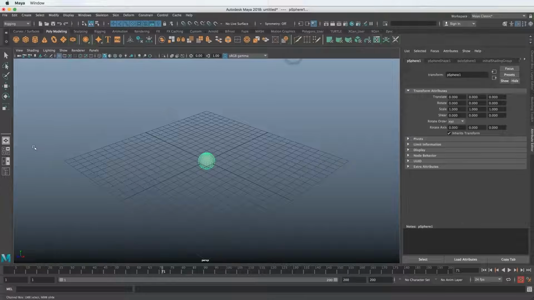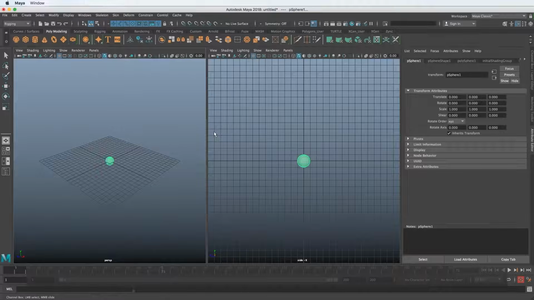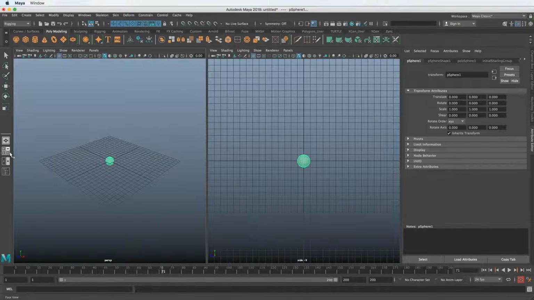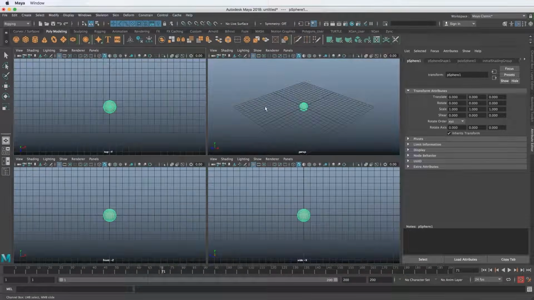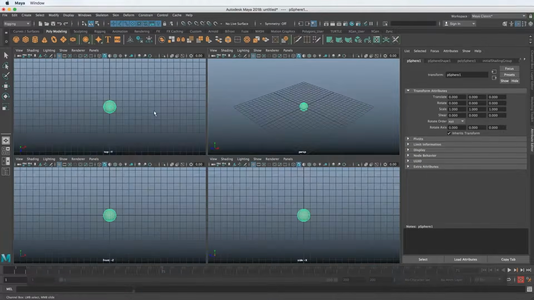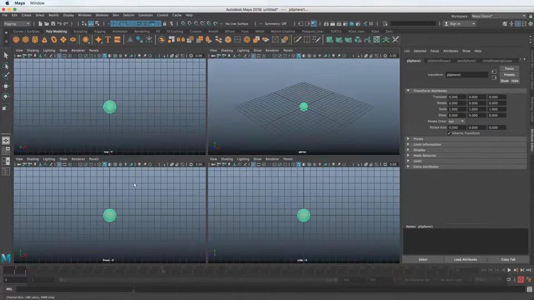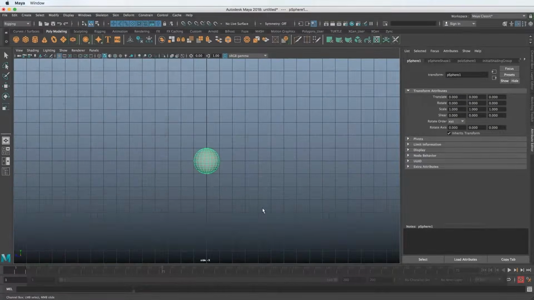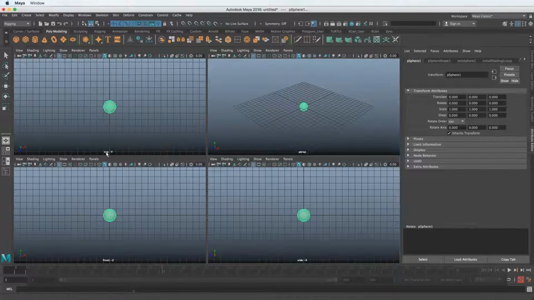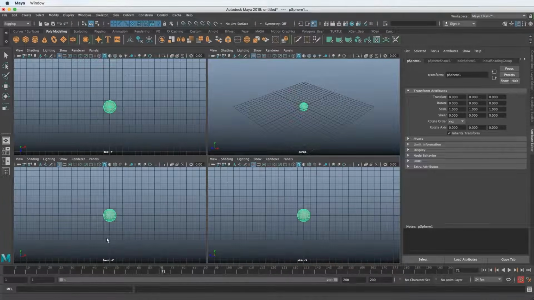But I did want to talk about the different views in Maya. If I don't hold down spacebar and I just tap it, you can see I get multiple views. Typically what you'll see, just click this over here, is something like this when you're just starting out in Maya. If I hit spacebar again with my mouse just hovering over a different window, I'm not clicking anything with my mouse, I can jump into those views. And you can see what the views are by the camera name: top Y, front Z, side X, perspective.